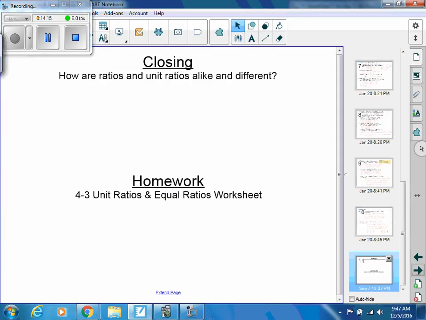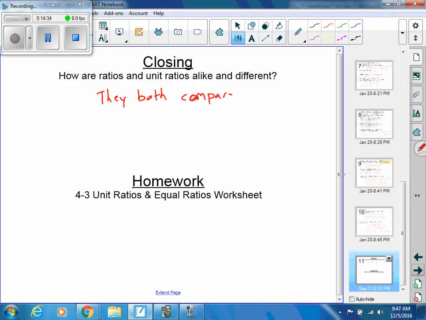Okay, and then last thing here to wrap it up, or to close this out, is how are ratios and unit ratios alike and different? Well, they're alike. They both compare quantities, but unit ratios always compare to